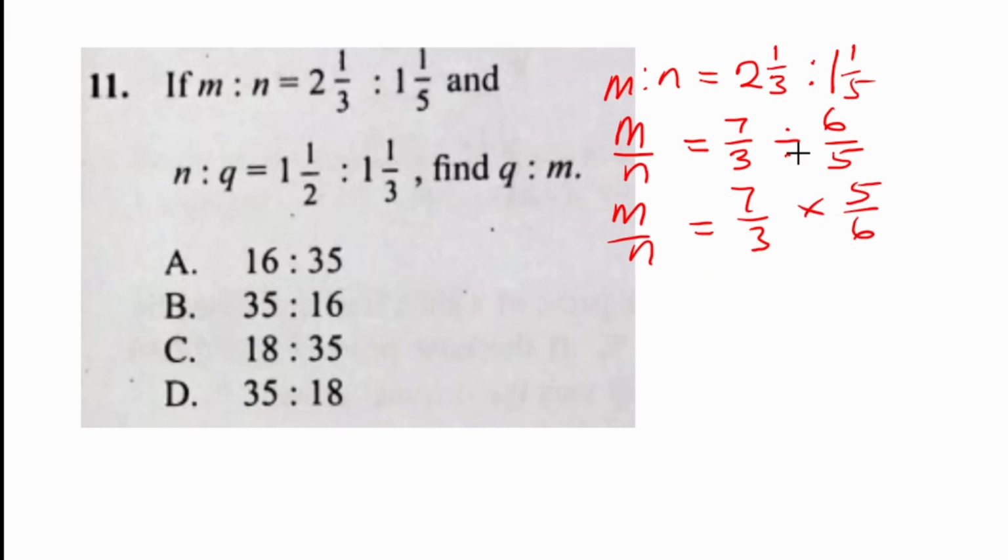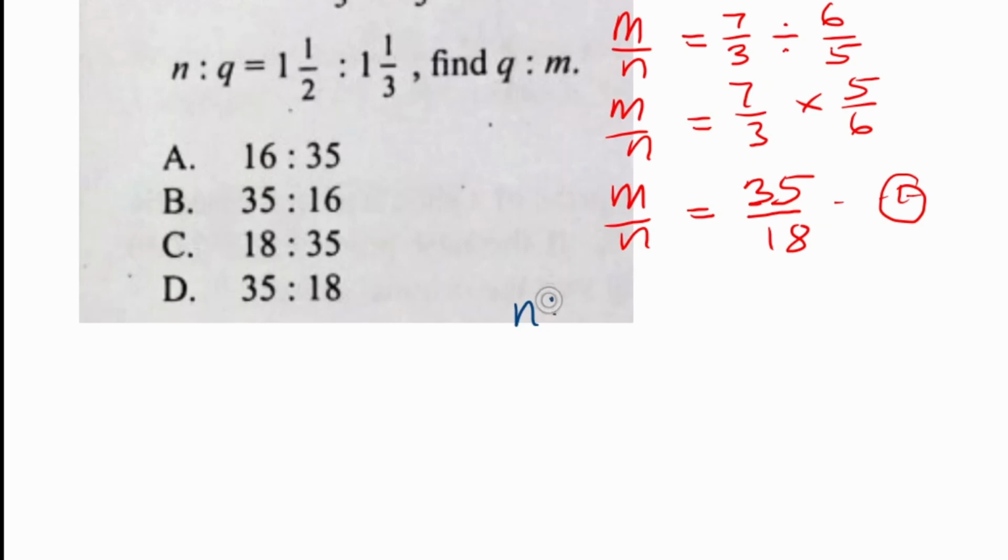Notice the switch in sign which made us reciprocate this one. Notice that. Then that means that m over n will be equal to 35 over 18. We'll come back to this, so let me just call it equation 1 just to show that we'll come back to it. Then let's work the second part, which is